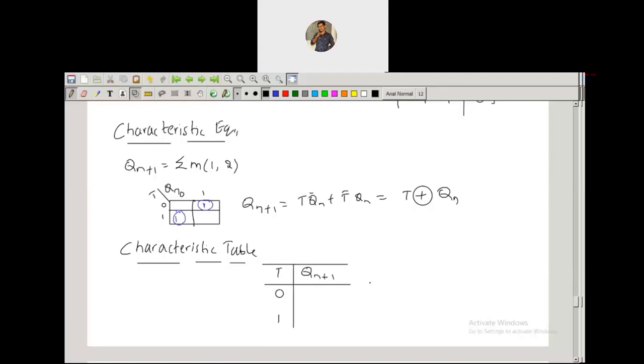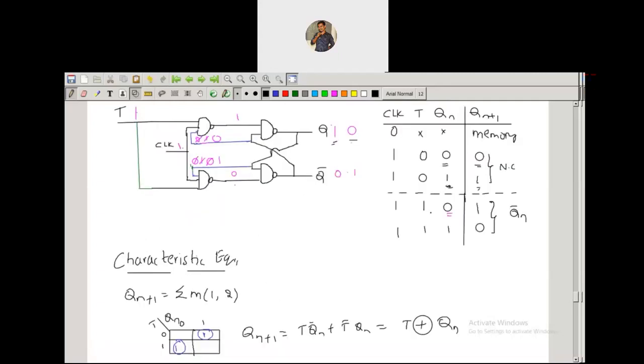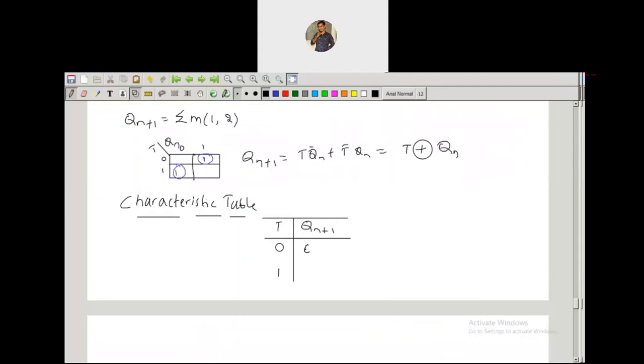T value 0, T value 1. You can observe here that whenever T is 0, we get the no change output, and if T equals 1, you get the complement output. That is, with T value 0 you get no change, Qn, and with T value 1 you will get Qn bar.